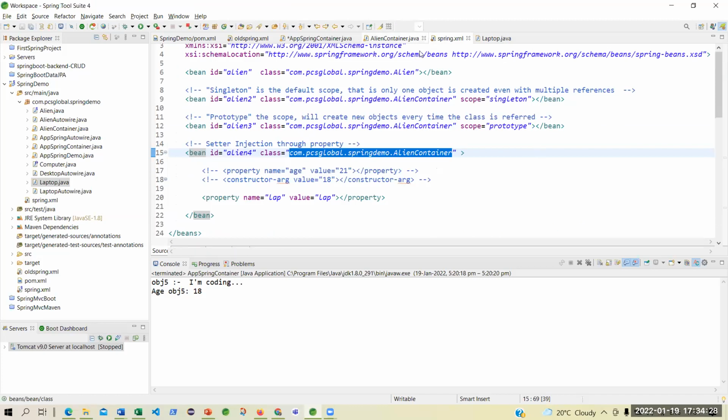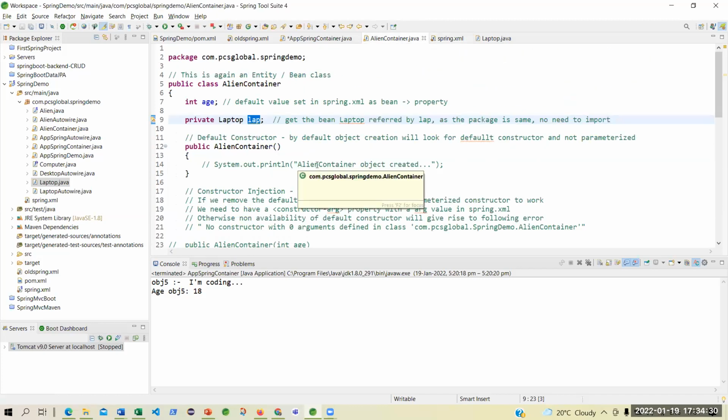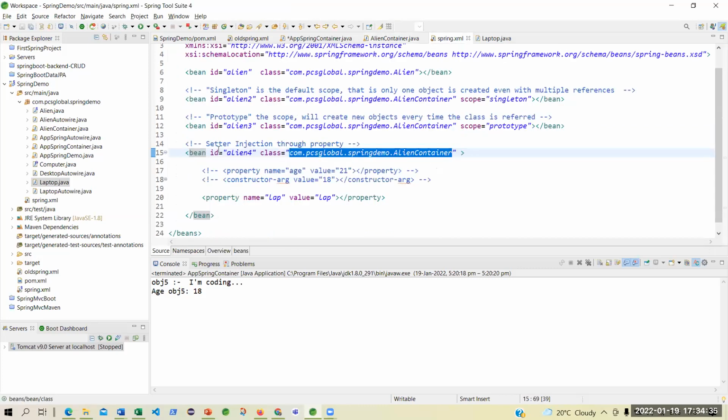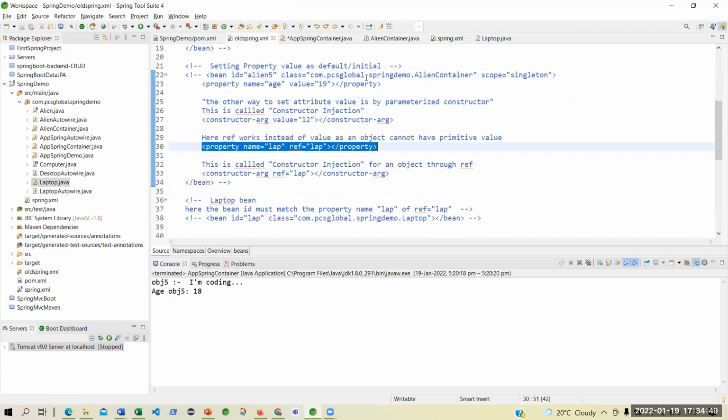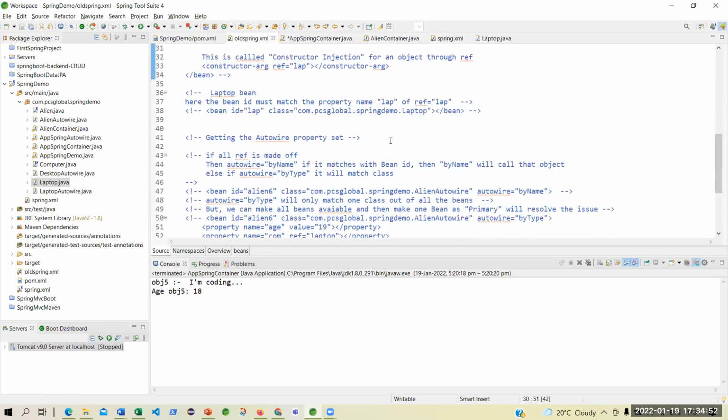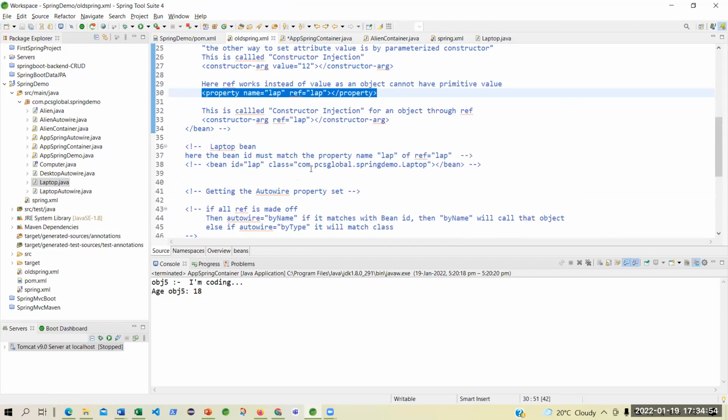As many beans as you will define anywhere in this application, you have to define that bean. Did I define that bean anywhere? No. So how will I use something called lab? Is there any mention of anything? Like here you have an ID. So what I do, I will just pick up.